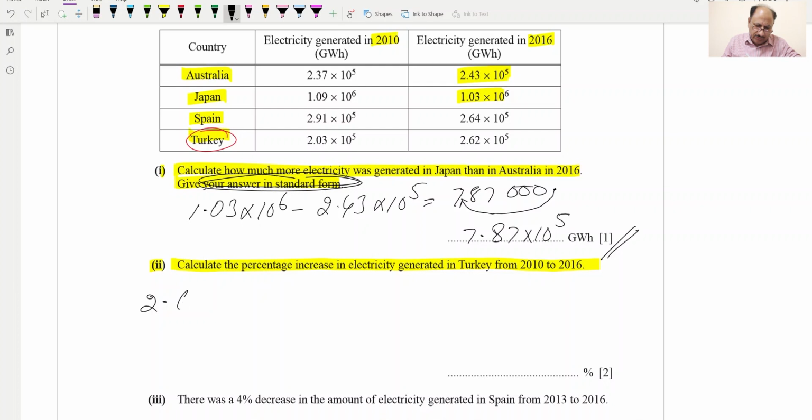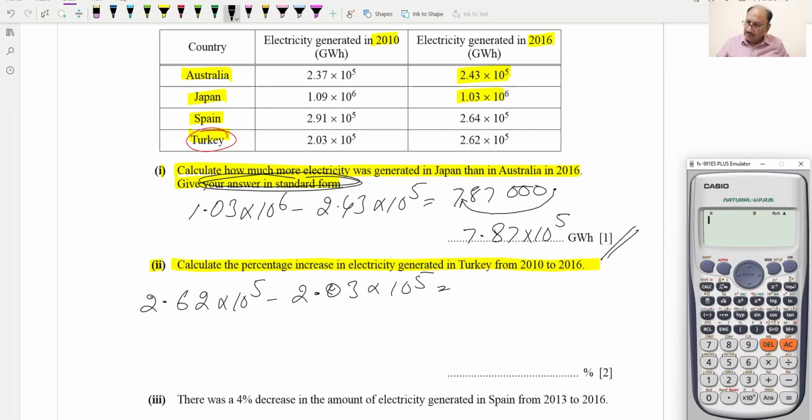2.62 into 10 raised to the power 5 minus, first we'll have to check for the difference and then we will calculate the percentage change. So this will be equal to 2.62 into 10 raised to the power 5, and minus this will be 2.03 into 10 raised to the power 5, and difference is